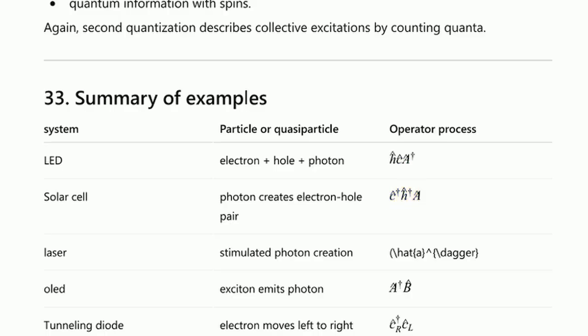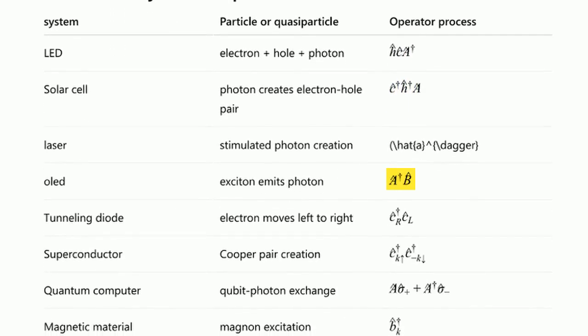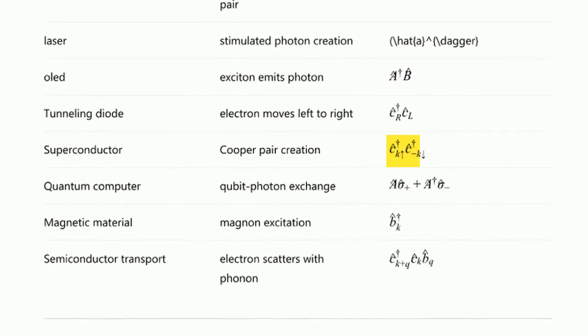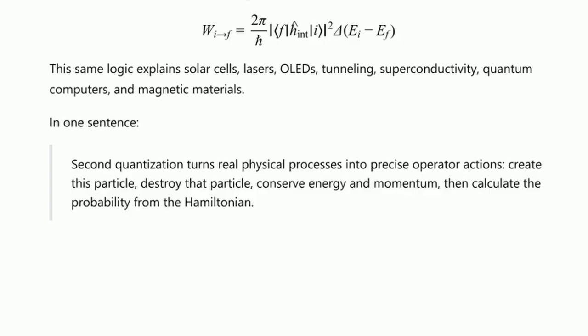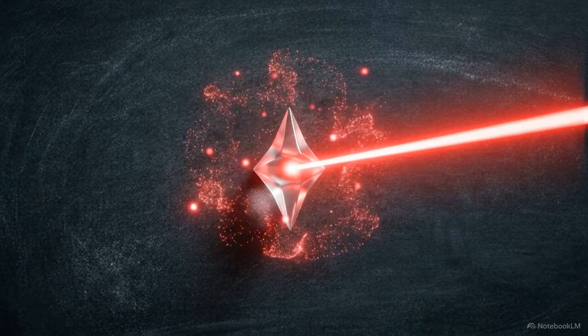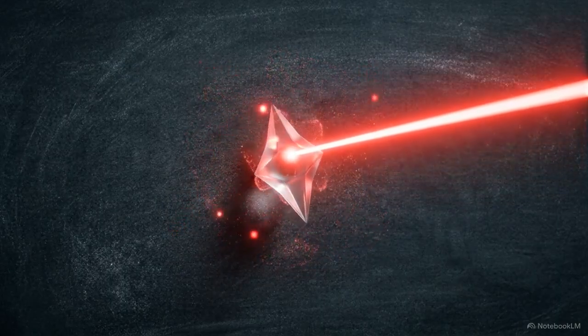By swapping in an operator to represent a bound electron-hole pair, or exciton, we define the exact emission pathway of an organic LED display. Applying the same grammatical logic to the creation and annihilation of Cooper pairs defines the frictionless behavior of superconductors. Second quantization turns invisible, probabilistic physical processes into precise, actionable mathematical actions. It provides the concrete, operational language required to move quantum mechanics out of theoretical physics and